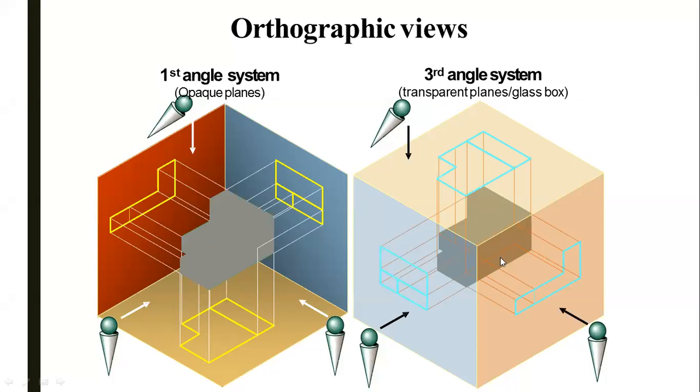But in third angle projection method, there is a plane. This is the plane which is in between this object and the observer. So we have to draw the view on the plane which is in between. For front view, we draw it over here, as it is the plane between the object and observer. For top view, we draw the top view on this plane, which, if we use the rotation of plane method, will be above the reference line. So this top view will be above the reference line. We will see it over here.